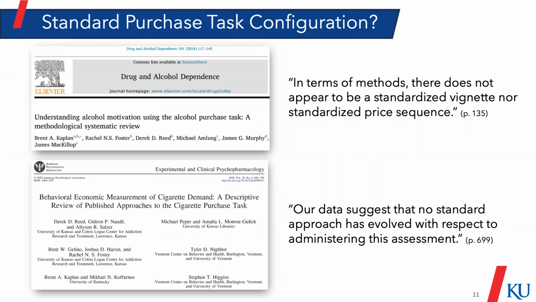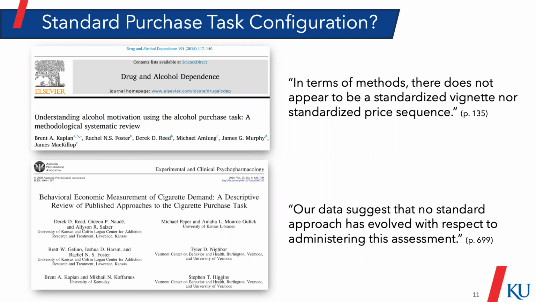to administering the assessment. So if you look at these papers and you look at the tables that summarize all of the studies that went into the systematic review, what you will see is pages and pages of each individual study and all of the parameters and purchase task methods. It's wonderfully comprehensive, but it also illustrates the heterogeneity and substantial variability across studies. So what I think these meta-analyses illustrate for us is we need two things. We need to move towards standardizing purchase task assessments across studies to the extent possible, as well as increasing transparency